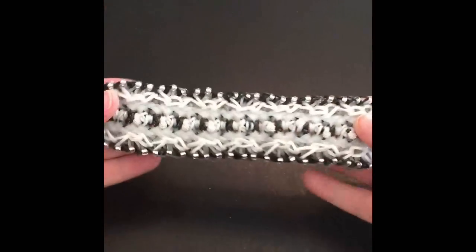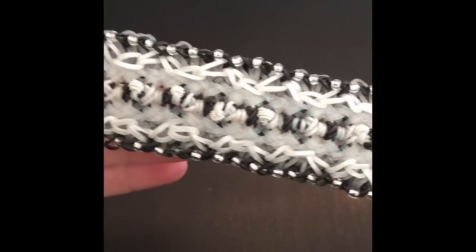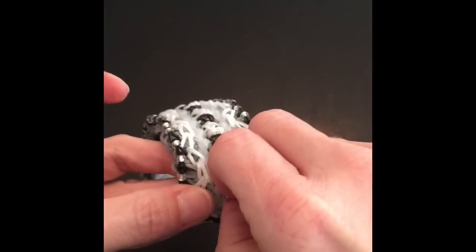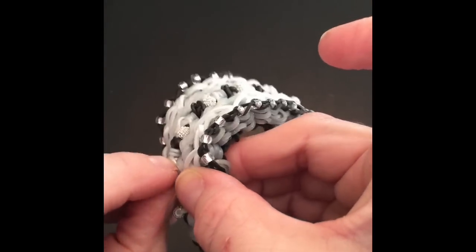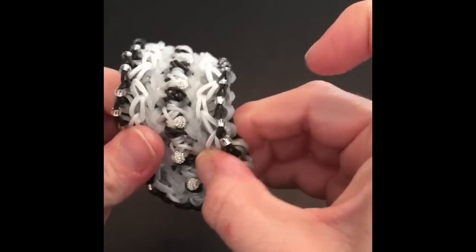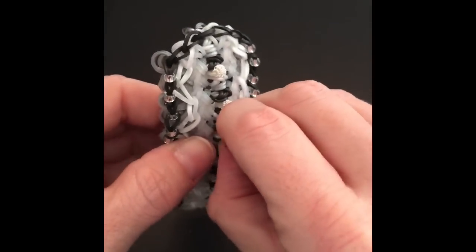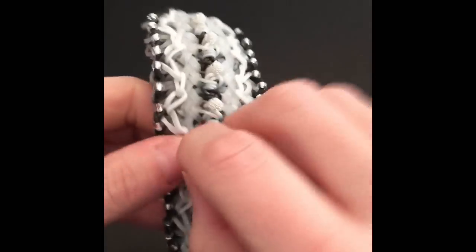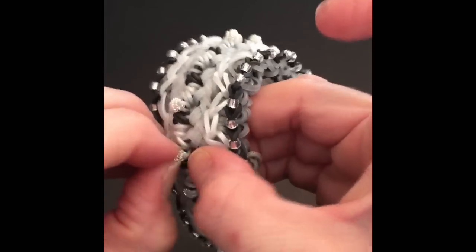All right, so this is what it looks like all cleaned up. And I went through and fixed all my bands, got them untwisted the way that I want them, most of them, I guess. Down in the center where your bling bands are, you just grab them and you pull it towards the center. Just make sure you don't snap any bands as you're doing it. I've been known to do that. You just kind of pull them towards the center. And then I left this part, let me go ahead and finish all these real quick. Since they're right here,